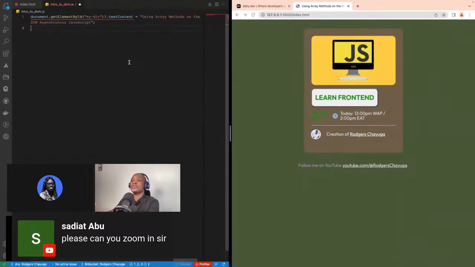Now we are going to save this part, but first of all, we need to know what's happening here. This is the document that we are having right now, which is the index.html, you remember. Then we are trying to get the specific node that you're trying to change using the get element by ID. So what ID name are we having in the my div? Now, what are we going to do with that? We are going to say text content. So when you say text content, you are going to add that text inside there. So when we save,